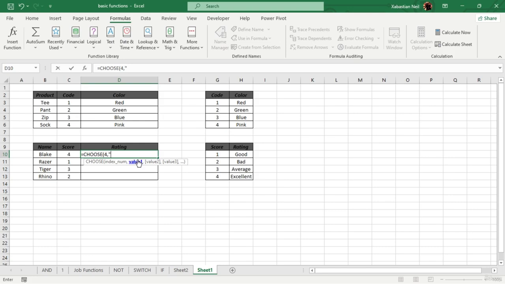What I'm going to do is type double quotation, good, close the double quotation, then comma, value 2 is going to be double quotation, bad. You have to keep in mind that this is case sensitive, so all the cases should be the same. Comma, and then average in double quotation,